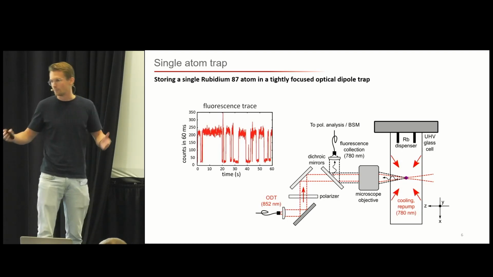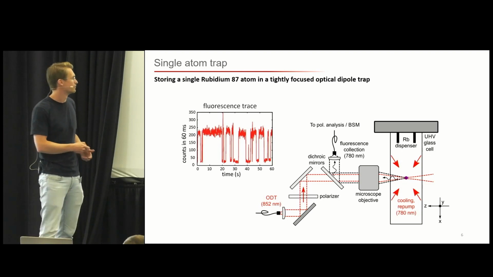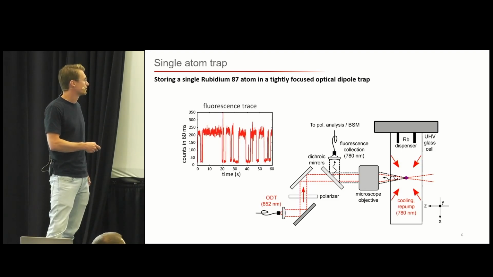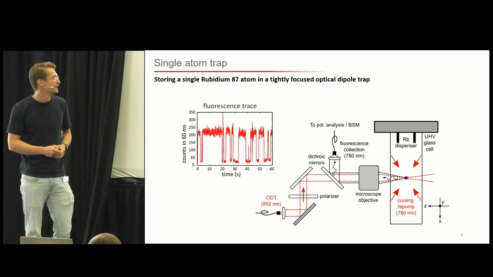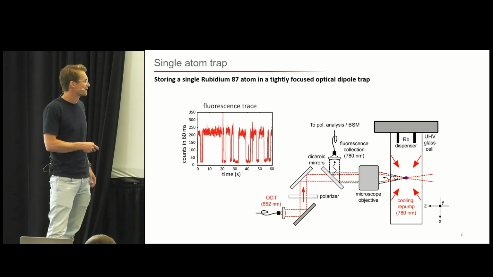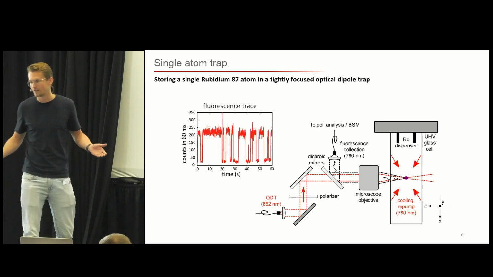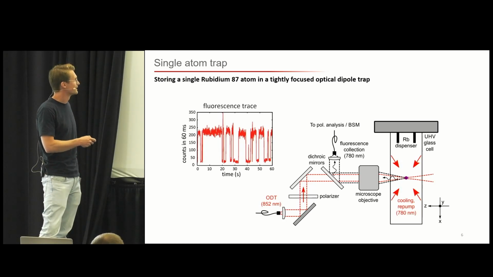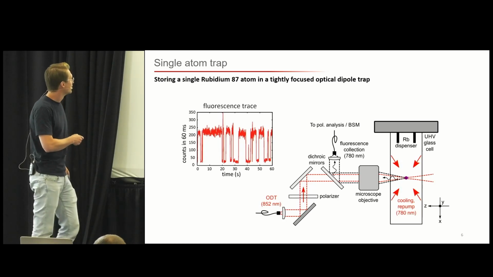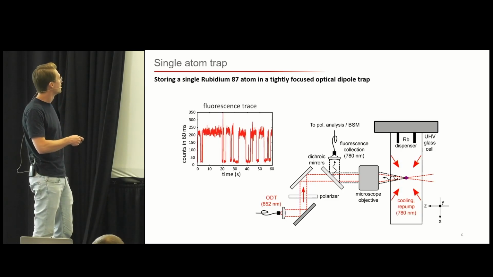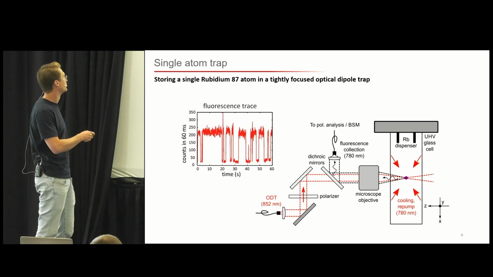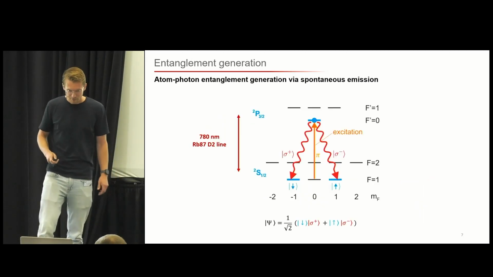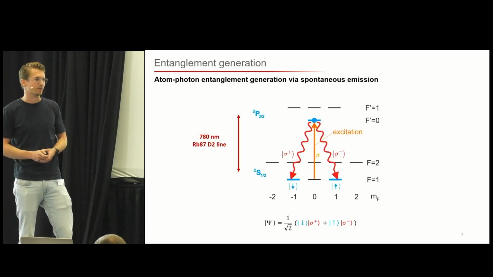The nice thing about this setup is that the atom is trapped exactly in the focus of this microscope objective, so the objective also collects the fluorescence from the atom. We use a dichroic mirror to couple it out, and then we can couple the fluorescence into single-mode fibers. The probability, if the atom sends out a photon, to couple it into the single-mode fiber is in our experiment around 1%. If you look at this single photon detector, you can clearly see two levels over time: a low level when there's no atom in the trap, and a high level when we have an atom trapped.